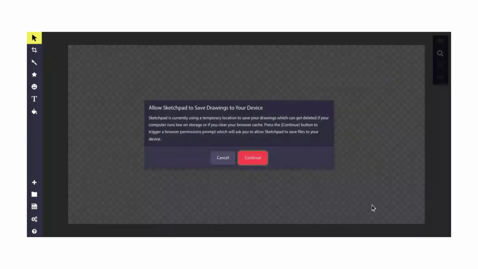You can download the full version. I'm guessing the premium version for $4.99, but I've found that I've pretty much been able to do everything I've needed to do with just the free model. So I'd like to show you a few of the tools, and then of course I'd like to show you